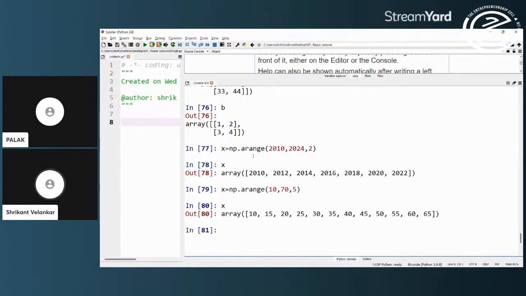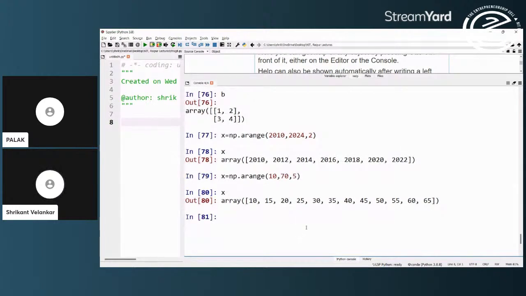So mostly linear space generation in graphs and plots for visualization requires some uniformly spaced x-axis variable, which it can do very easily.